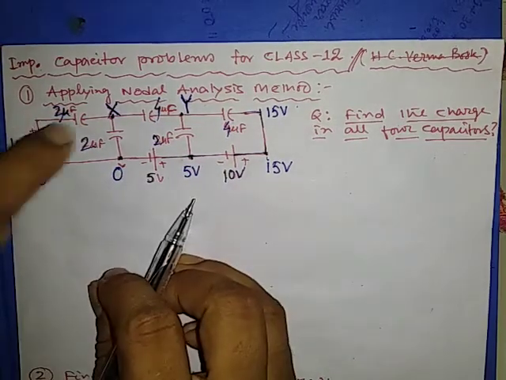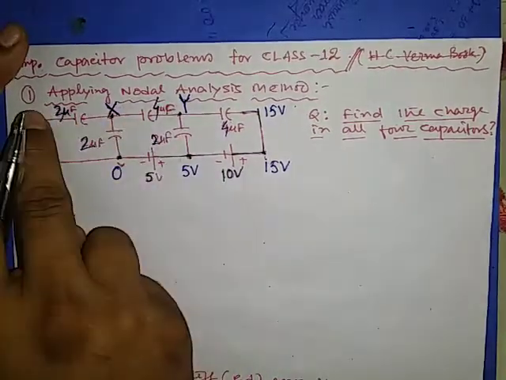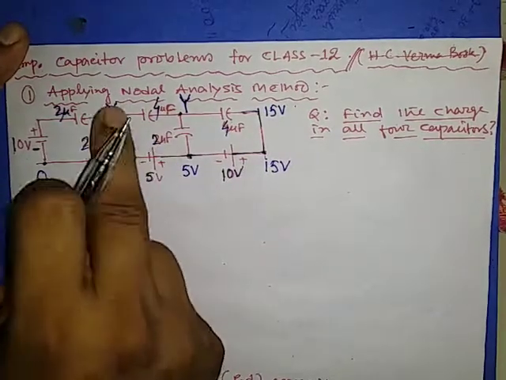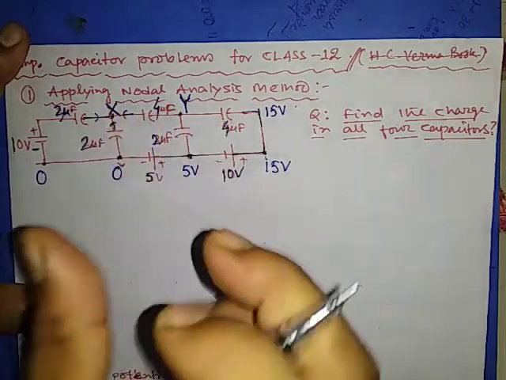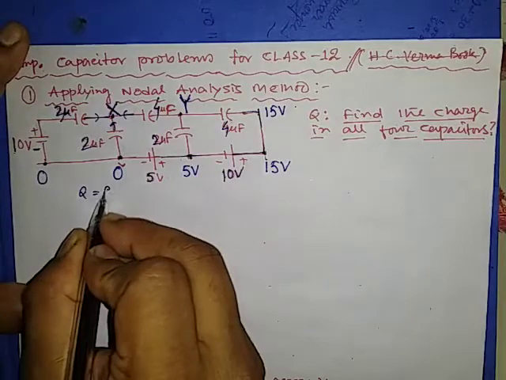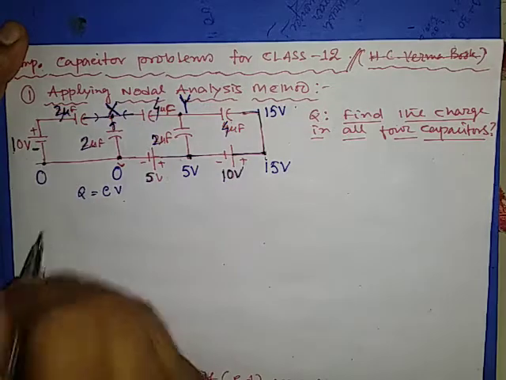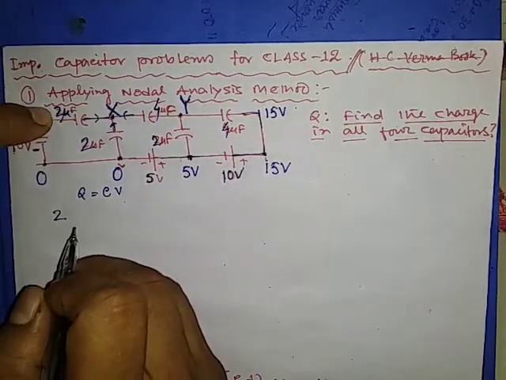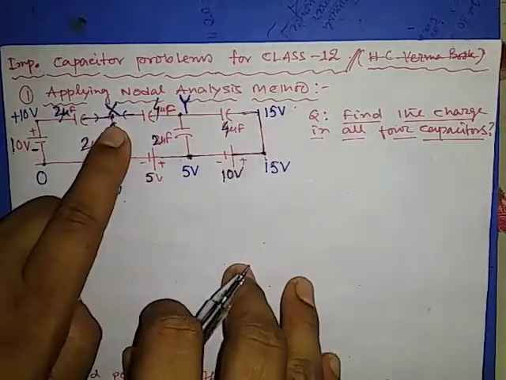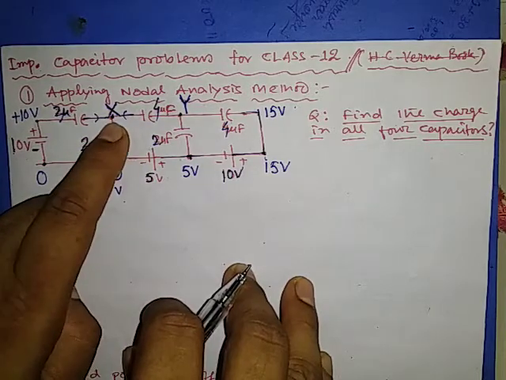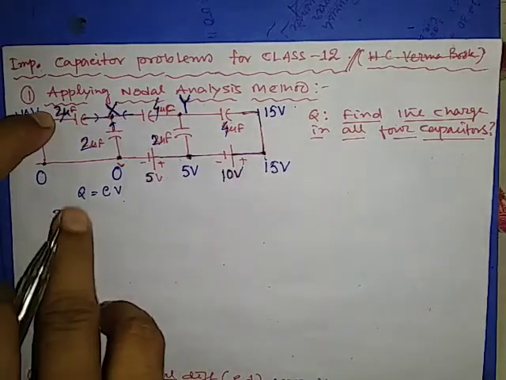Okay, so take the node x, and the charge coming to the node x in three ways, in this way, in this way and in that way. So you know the potential, and you know the charge q equals how much? C into V, capacitance into voltage. So here is the capacitor, C, so you can write 2, and here is the potential, 10 volt. Because of unknown potential you can take x as higher potential than 10. Take it first.